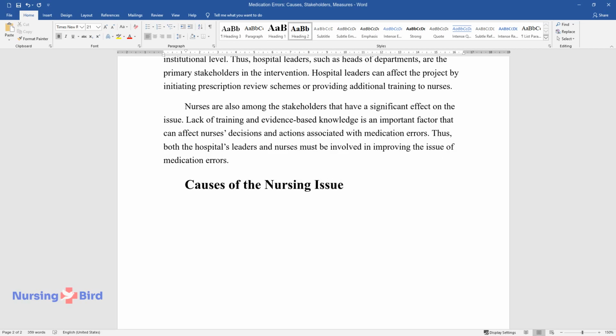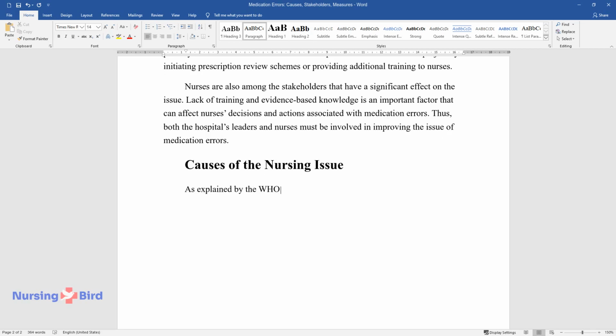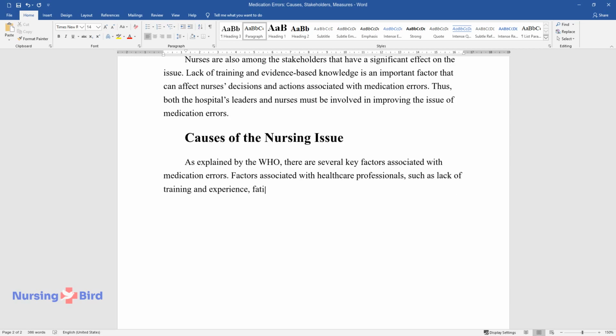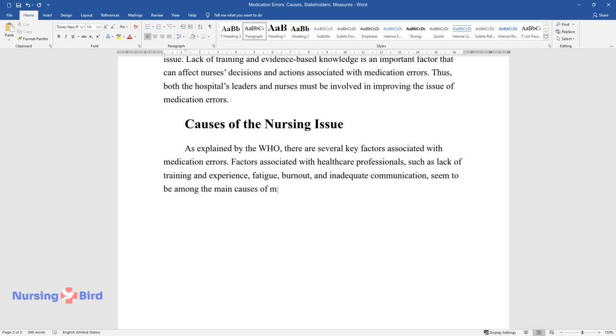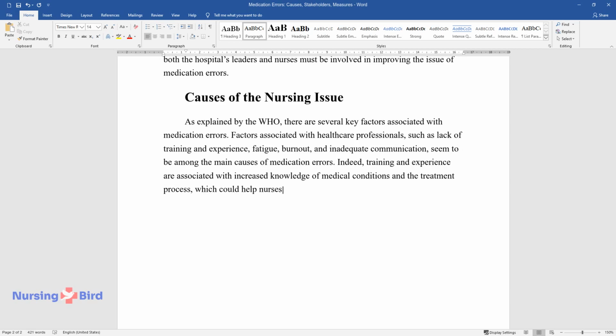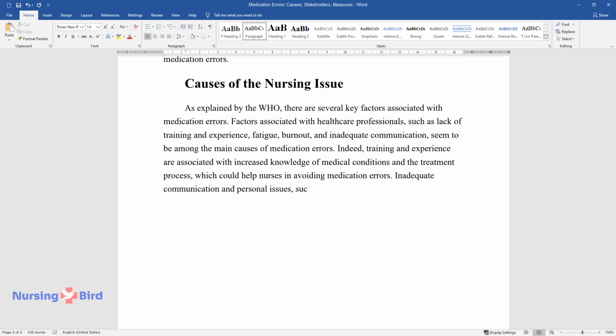Causes of the nursing issue. As explained by the World Health Organization, there are several key factors associated with medication errors. Factors associated with healthcare professionals, such as lack of training and experience, fatigue, burnout, and inadequate communication, seem to be among the main causes of medication errors. Indeed, training and experience are associated with increased knowledge of medical conditions and the treatment process, which could help nurses in avoiding medication errors. Inadequate communication and personal issues, such as stress or fatigue, on the other hand, could result